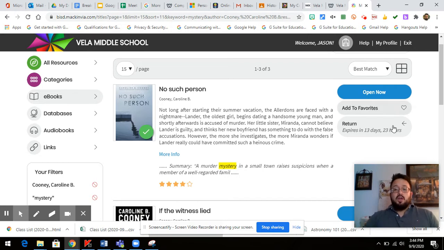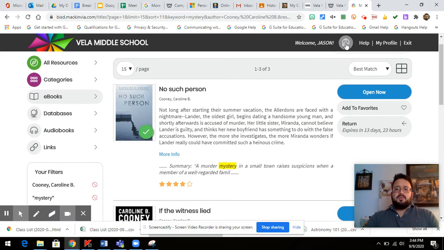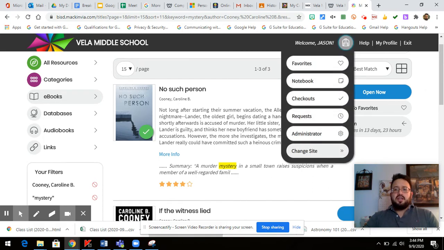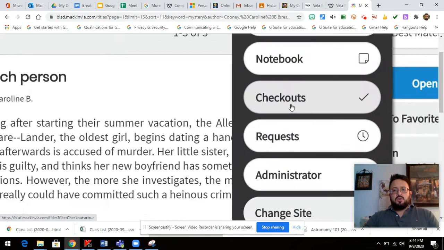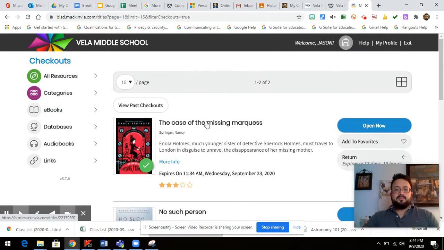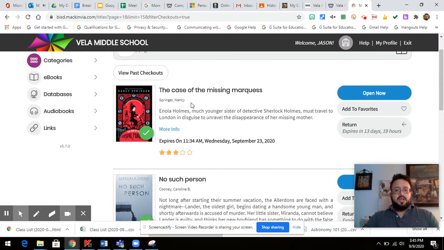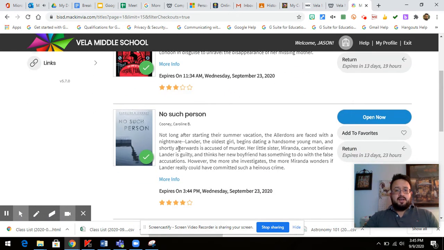If you finish it before the 2 weeks, be kind and just return it, because somebody else might be waiting for it. Once it's checked out, we can come up here to the backpack icon. Everybody see the backpack icon? It's next to my name. If I click on this gray backpack icon, I have a bunch of options, but the one I'm concerned with is this one, checkouts with the check mark. This is where I can see all the books that I currently have checked out. When I click on it, I see I currently have 2. I had previously checked out this Enola Holmes book. Now I have this one, this No Such Person book by Caroline Cooney. To read it, now that it's checked out, I click on